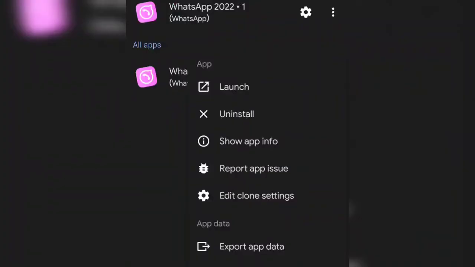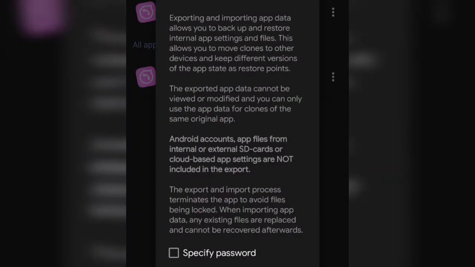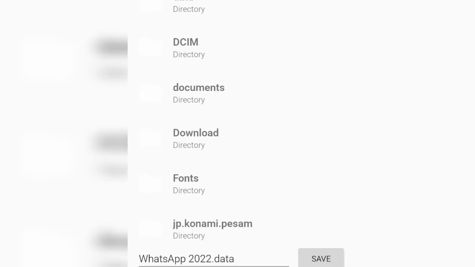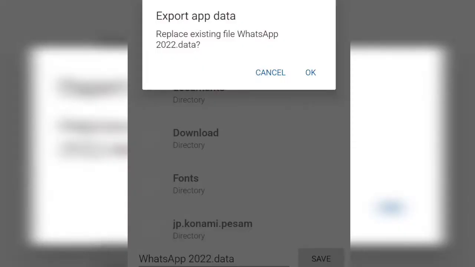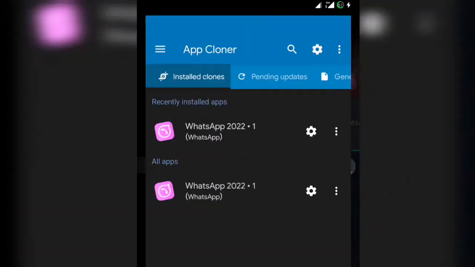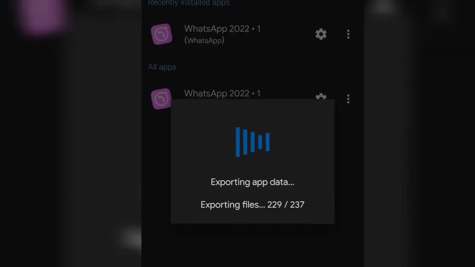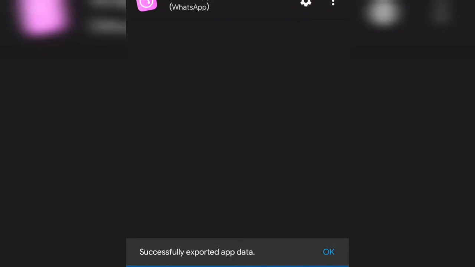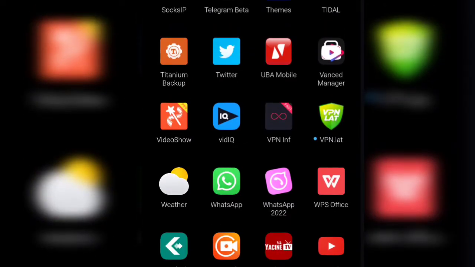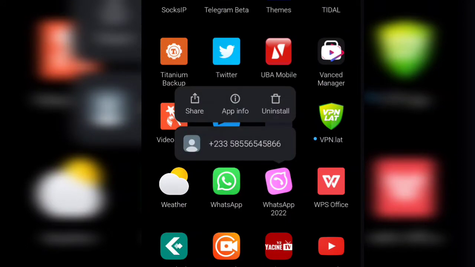What you are going to do next is go back to App Cloner, choose Export App Data. Now in Export App Data, we label our backup with the desired name. WhatsApp 2022.data is my desired name. Depending on the size of your backup, it may take a bit longer. After the process is done successfully, you get a feedback like this. So you can transfer that backup to your external memory card, and when you want to import the data, this